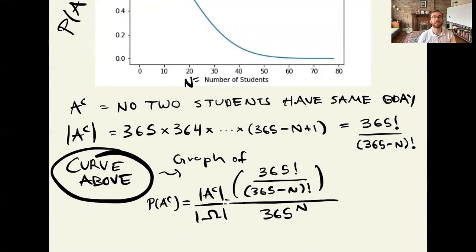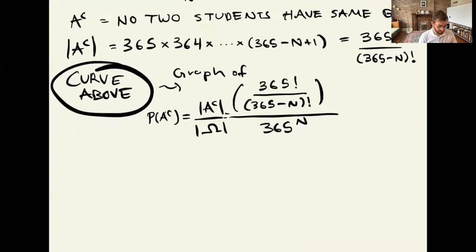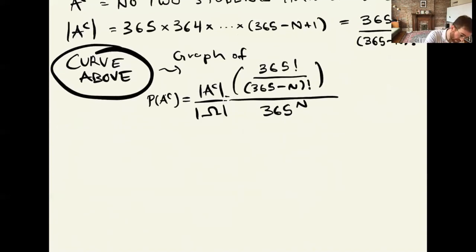Now, can you give me a situation where you know for certain that there has to be at least two people with the same birthday? So if you think about that for a little bit, you realize there is one situation, and you can see it just by looking at this formula, which is what happens